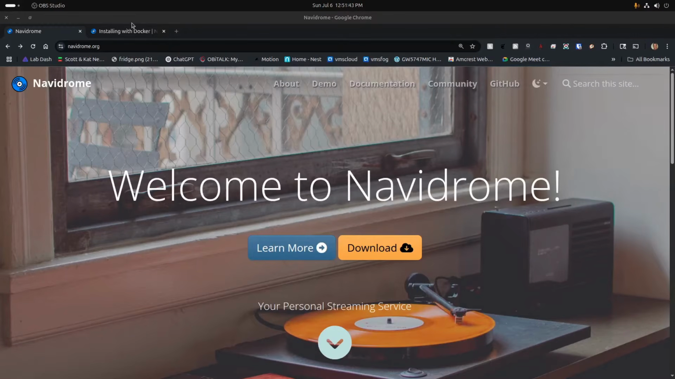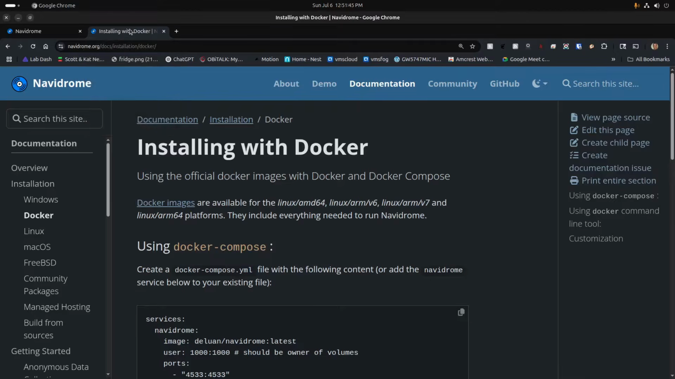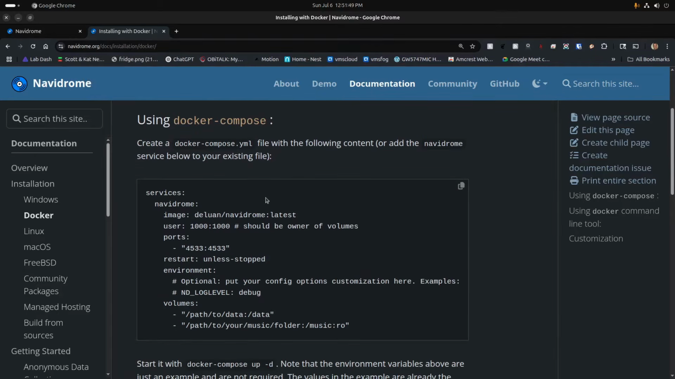Let's head over to their page that describes how to install this application with Docker, and it's really a very simple Docker Compose file consisting of the image for Navidrome, a definition of a port mapping, and really two volumes, one of which is the data volume for the application, and the other one points to wherever your music collection